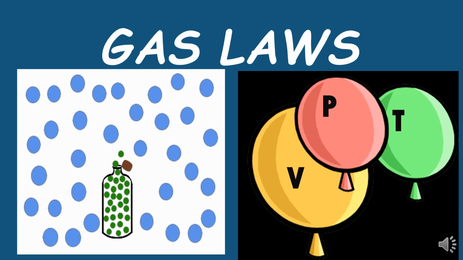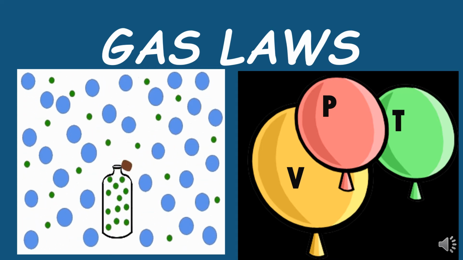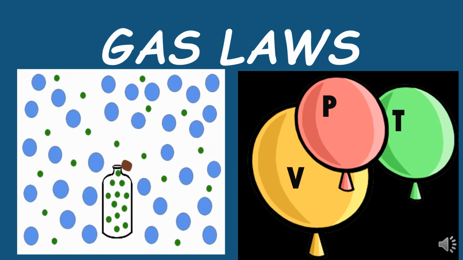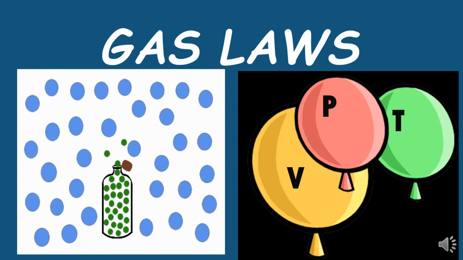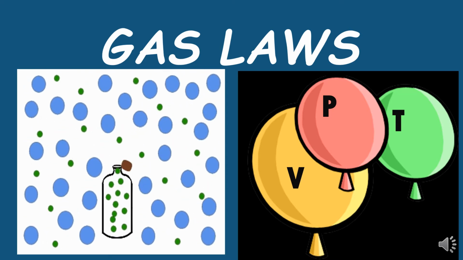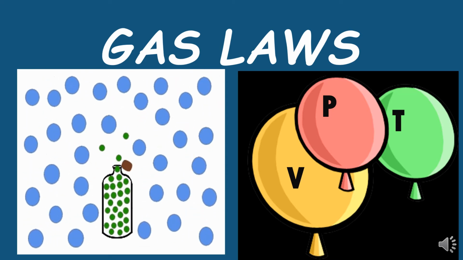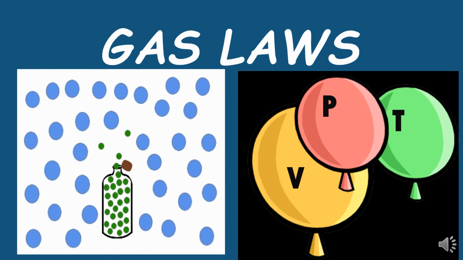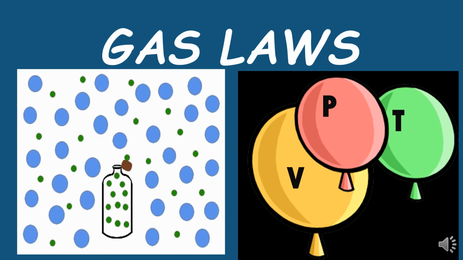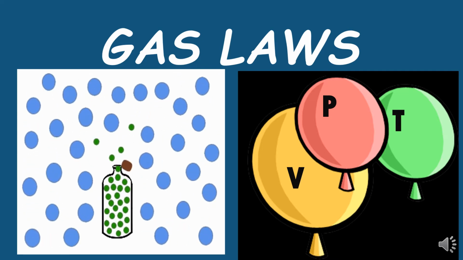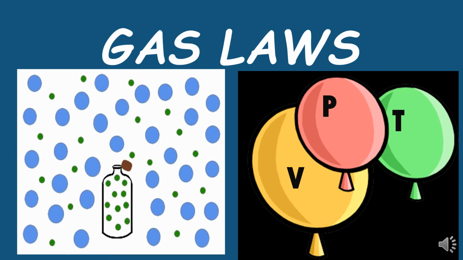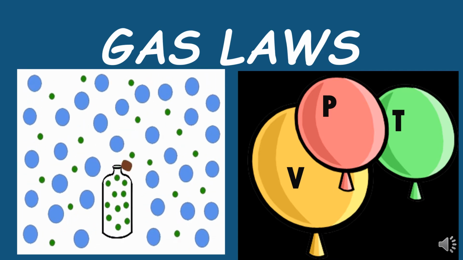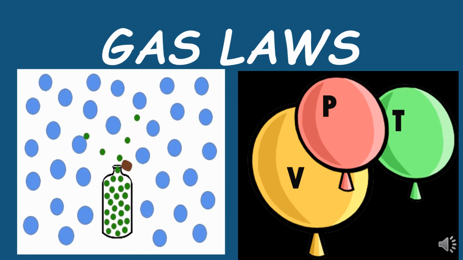Today we are going to discuss gas laws. As you all know, gases, or the gaseous state, is the state of matter in which the particles are very loosely packed and keep moving with a fast speed, because due to their very loose packing, particles experience very little intermolecular forces of attraction. So due to this property of gases, they do not have fixed volume or fixed shape.